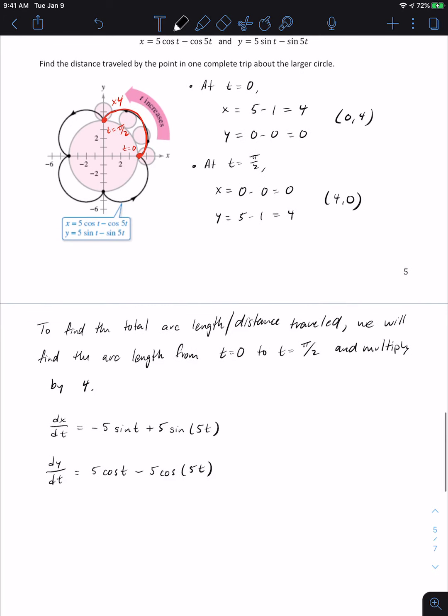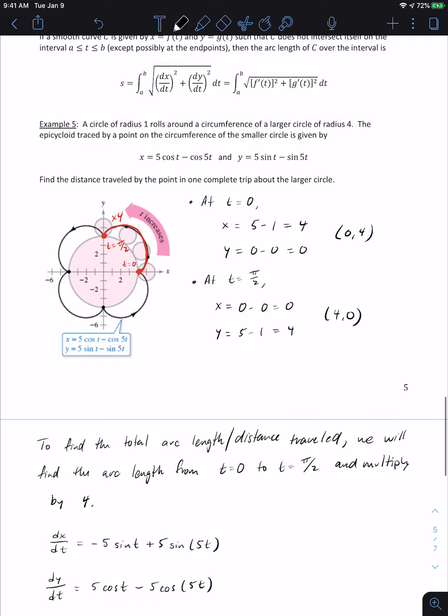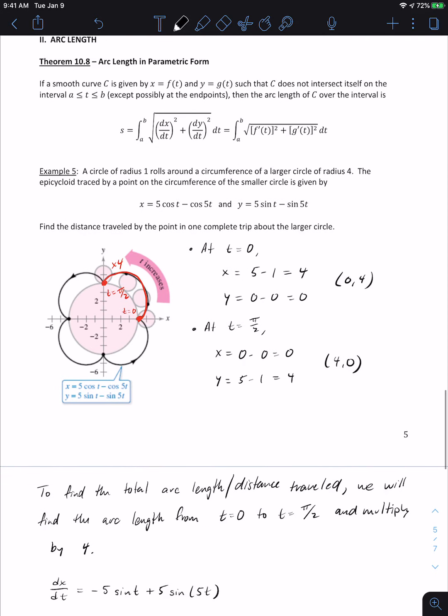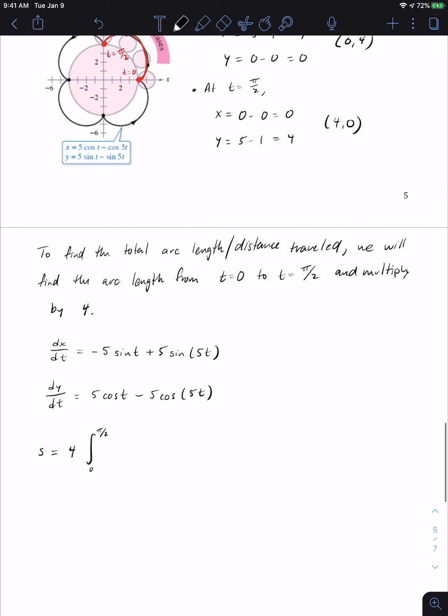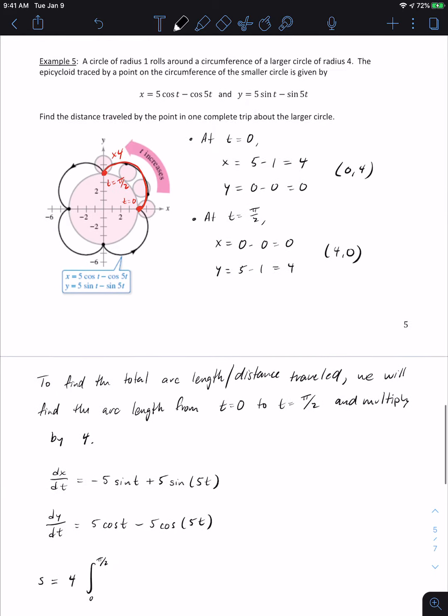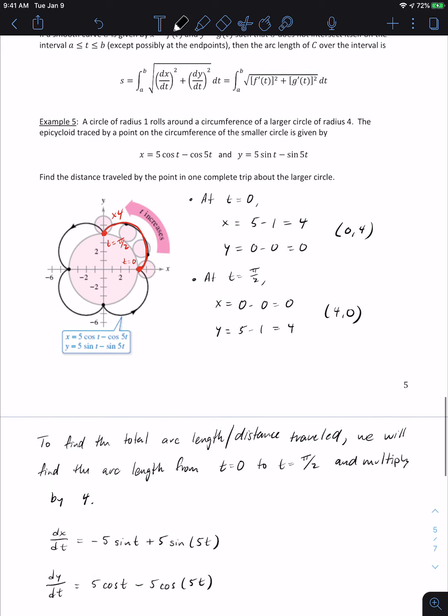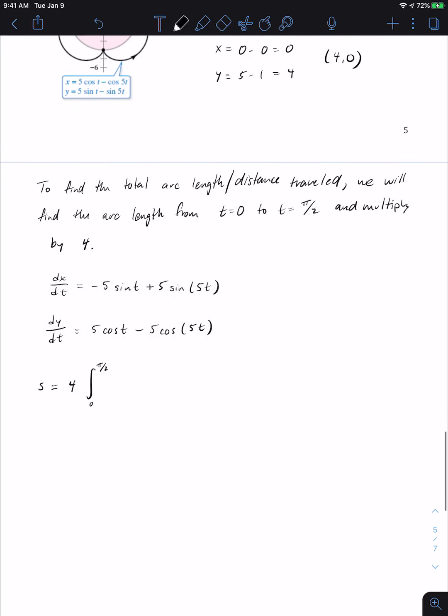Right? So now I know my derivatives. I can plug everything into our formula here. My formula for the distance traveled is going to be 4 times, because I'm multiplying by 4 for my 4 leaves. And it's going to be the distance from 0 to pi over 2 that we multiply times 4. And then remember, it is going to be the x derivative squared plus the y derivative squared all underneath